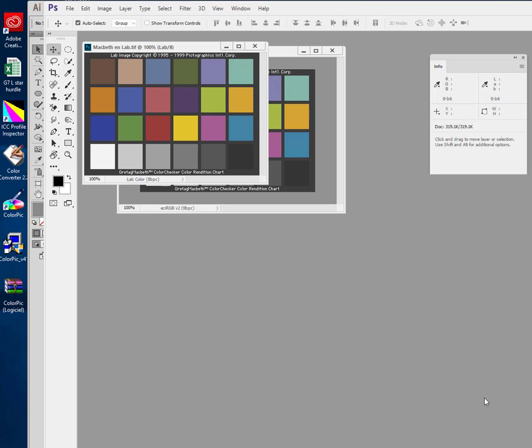I wanted to explain a little bit about the color spaces in Photoshop and the other applications that are members of the Creative Suite, Illustrator. I'm not going to touch Adobe InDesign or Acrobat. I wanted to start off